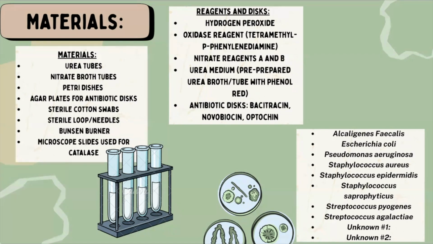For the reagents, we used hydrogen peroxide, oxidase reagent, which is tetramethyl-p-phenylenediamine, nitrate reagents A and B, urea medium, a pre-prepared urea broth tube with phenol red, and antibiotic discs, which were bacitracin, novobiocin, and optochin. And then for the cultures, it was A. facilis, E. coli,